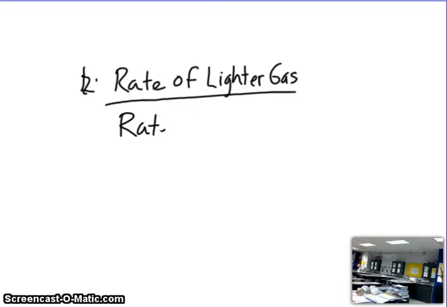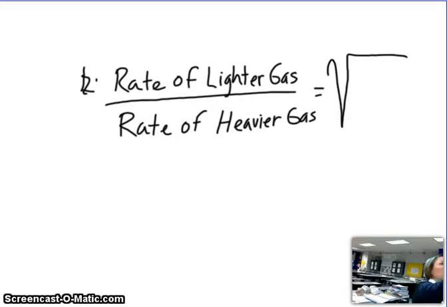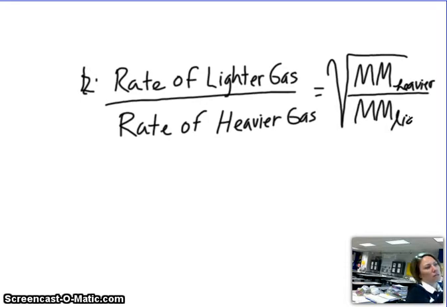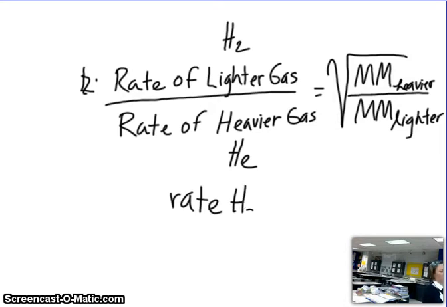Over the rate of the heavier gas is equal to the square root of the molar mass of the heavier gas divided by the molar mass of the lighter gas. Now, all that this says is that lighter gases effuse the fastest. That's all that it says, but we can actually get the relative rates of effusion by using this equation. For example, let's say we have hydrogen and helium, okay? Just real quick. All right, so the rate of hydrogen compared to the rate of helium